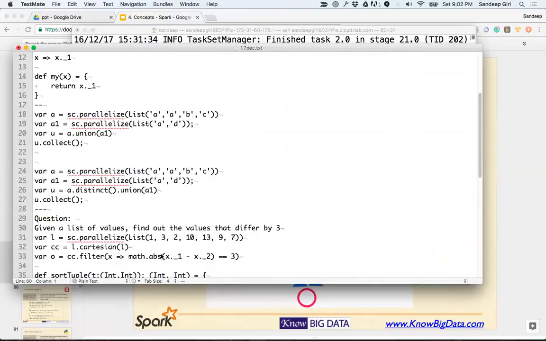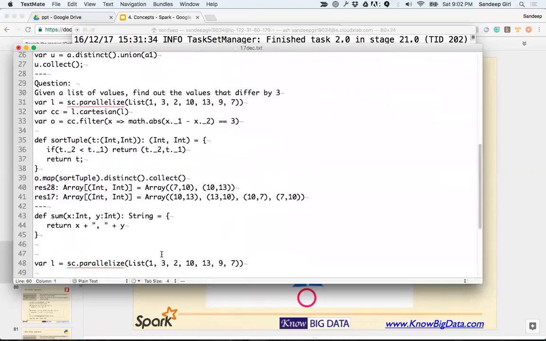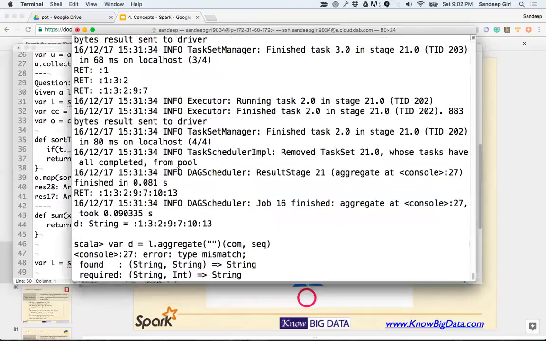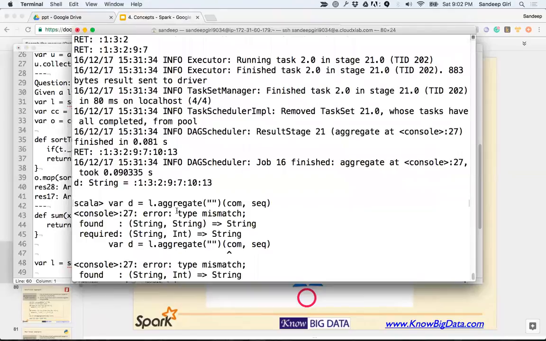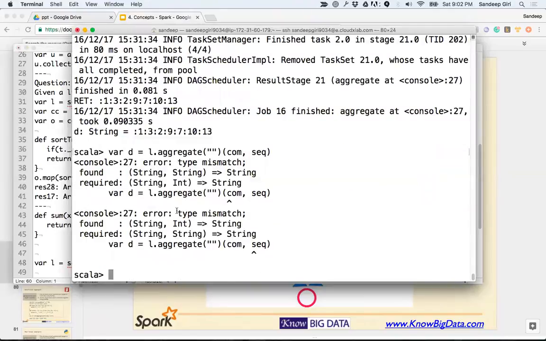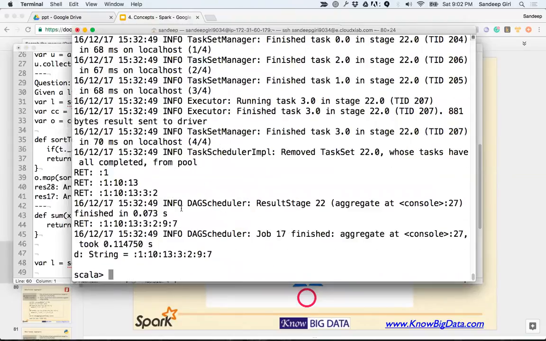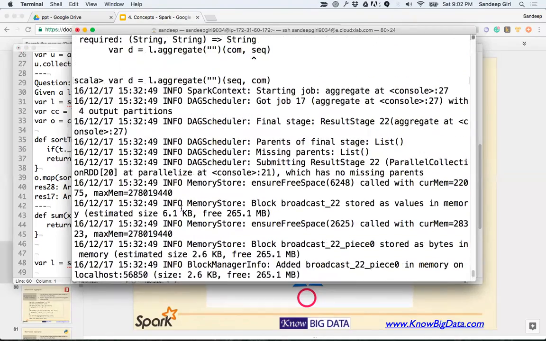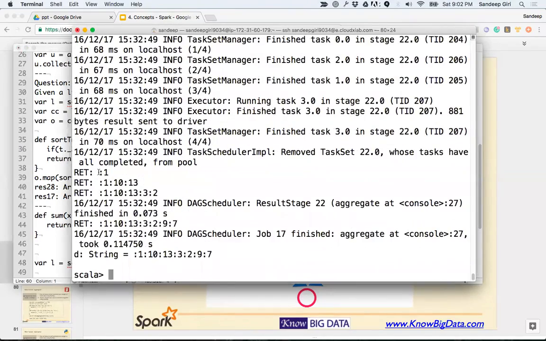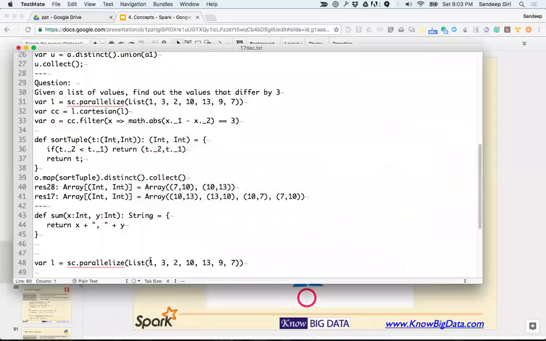So this method is being called here. All right, so it first tries to, okay. So one of the partitions has only got 1, another partition has got 10 and 13, and the third partition got 3, comma 2, right? So here we have to be just careful about,